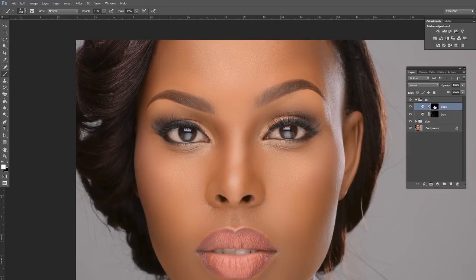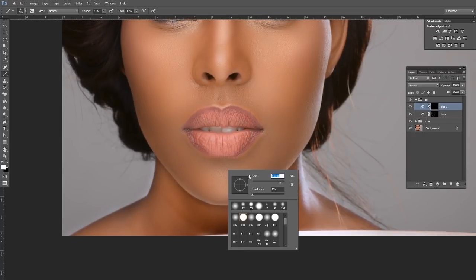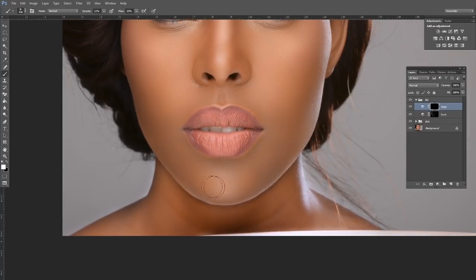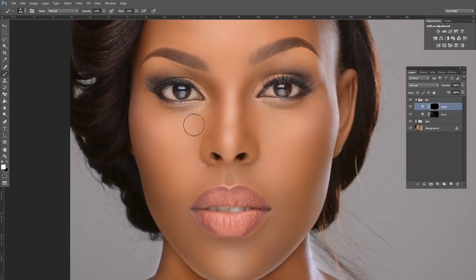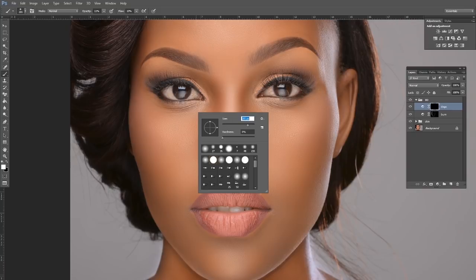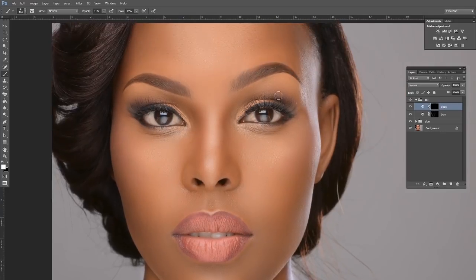Now we're going to dodge. How do we dodge? Remember the parts I showed you? Let's begin with the nose highlight by just painting over on top there. And don't take it overboard. Don't take it overboard. And over here, right there. You're going to come also. When you look at this particular part, it has a highlight, just a little. So you come also here, you dodge. Also here,